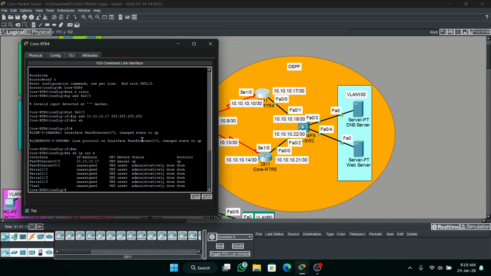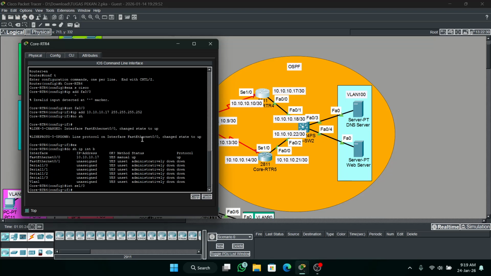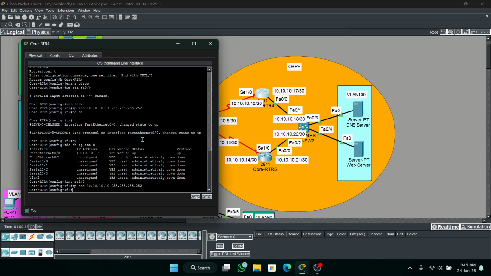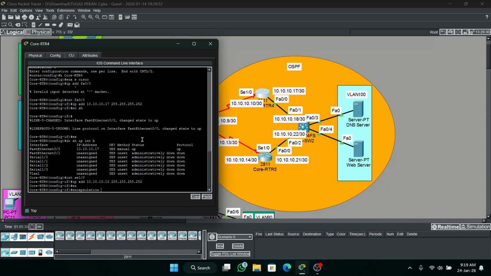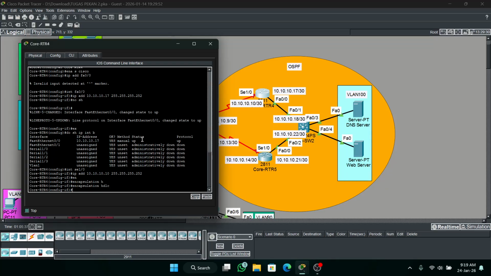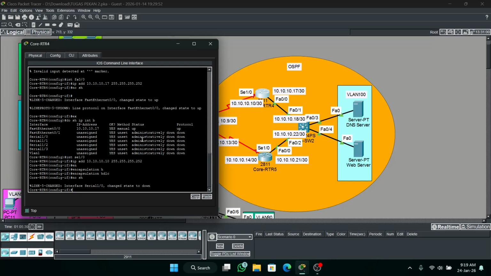Just HDLC and so on. Interface serial 1/0, address 10.10.10.10, 255. Okay, then encapsulation HDLC, then no shutdown.